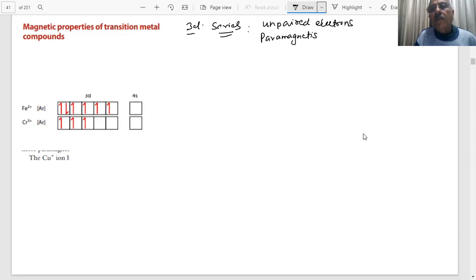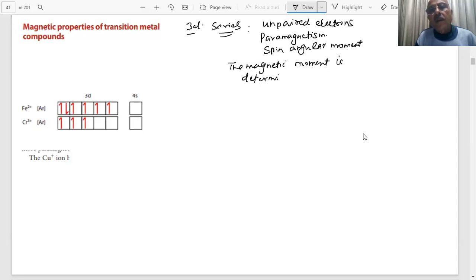They will show paramagnetism, student. What is the reason? I told you that the unpaired electron has a magnetic moment associated with it, which we call spin angular momentum. There is an orbital angular momentum also, but it quenches in the 3d series. And the magnetic moments are due to the spinning of the electron, due to spin angular momentum. So the contribution of orbital angular momentum is effectively quenched, and the magnetic moment is determined by the spin.